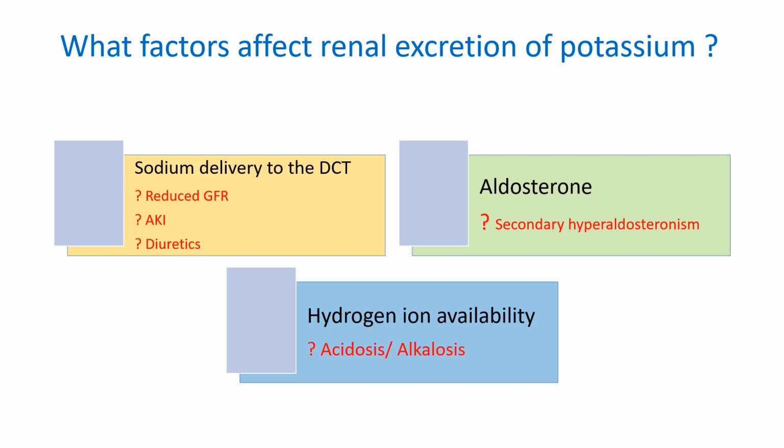Therefore, any situation that will cause a distortion in this arrangement will mean that a lower amount of sodium will be reabsorbed at the proximal tubule and a larger amount will be transferred to the distal convoluted tubule for reabsorption. And this will definitely increase sodium delivery to the distal tubule. Now, somebody may want to ask, how does this affect potassium? And the answer is very simple.